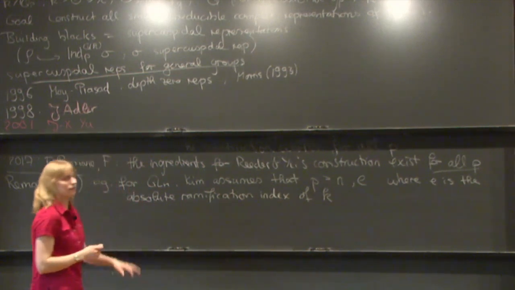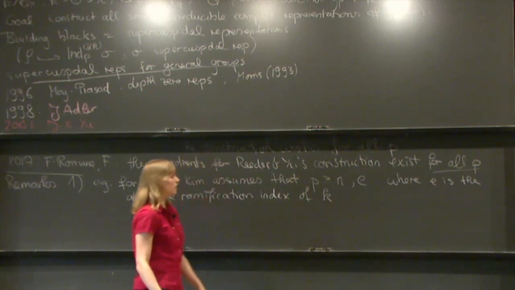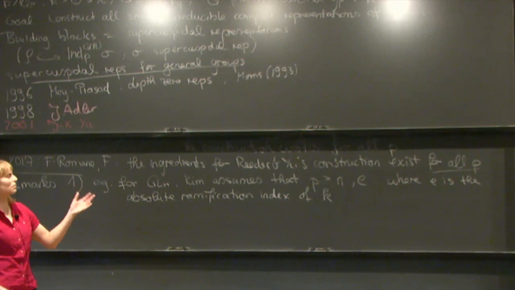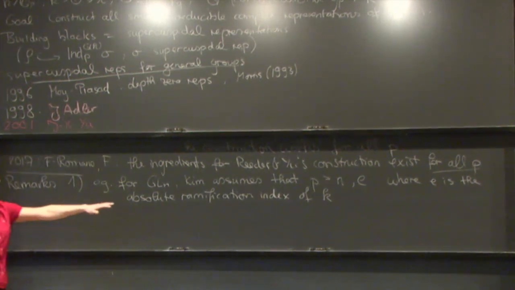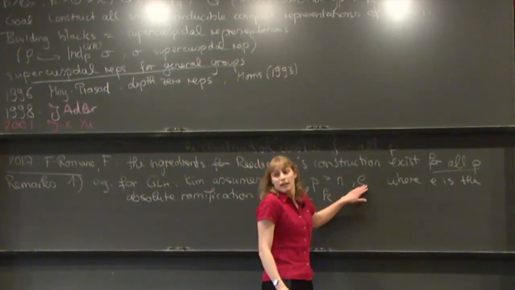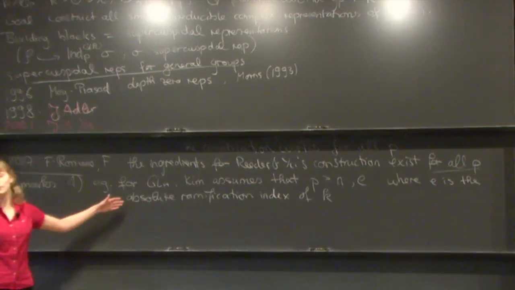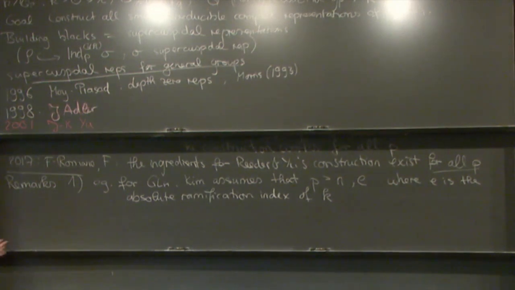To be honest, I think what Julie Kim excludes is rather the product of n and e. Loeke and Ma worked out that it suffices to exclude something like the maximum of the product plus 1 and 2n plus 1 or something like this. So as I said, it's difficult to look at Julie Kim's conditions and figure out what she actually excludes. So that's just the lower bound, but it shows you already that we exclude all the primes that are smaller or equal to the absolute ramification index. So if you give me a field with a large absolute ramification index, then you exclude way too much.